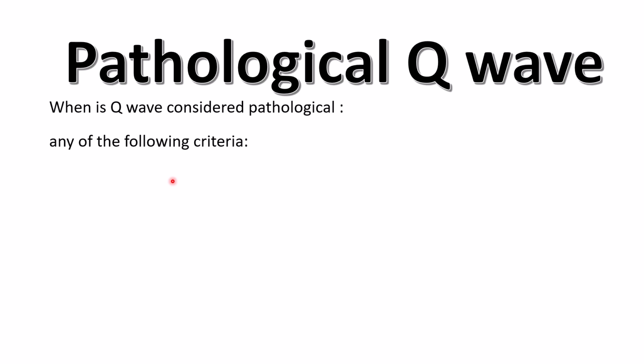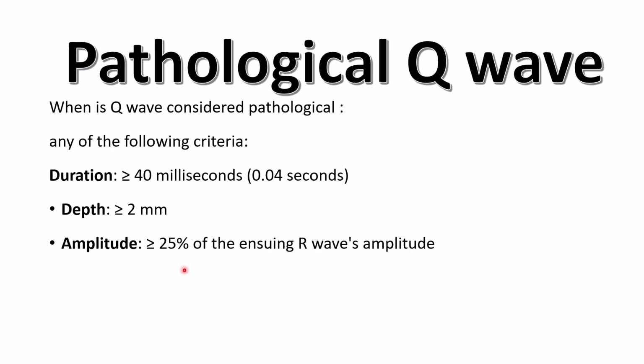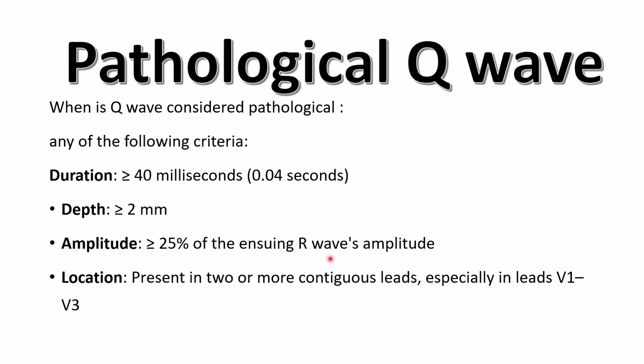So when is the Q wave considered pathological? If it meets any of the following criteria: if the duration is more than 0.04 seconds or 1 small square, if the depth is more than 2 millimeter or 2 small squares, if the amplitude is more than 25% of the coming R wave, and if it's present in 2 or more contiguous leads, especially the leads V1 to V3, which contribute to the septal